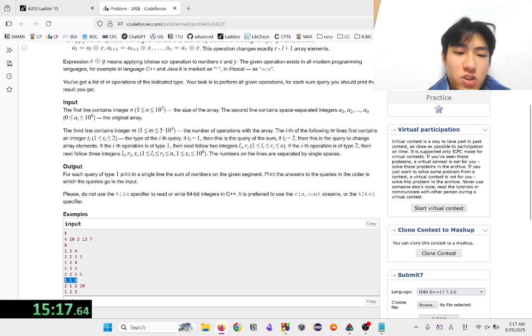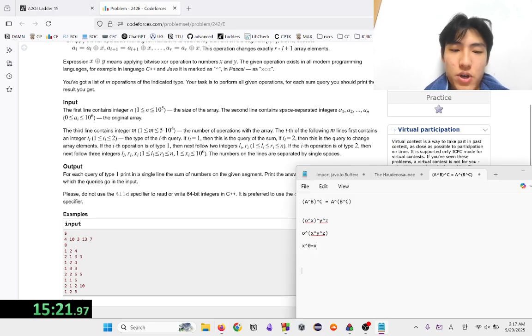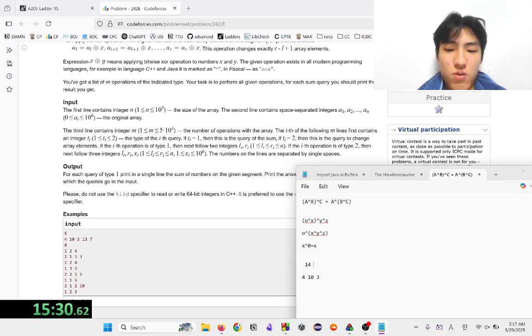Oh, you know what? Let's try to do the first query by hand from range 1 to 3, so that would be 4, 10, 3. The original sum would be, let's say we add the 14 and then we add the 14 and the 3, and let's say it kind of works like that, okay? If we apply the XOR,